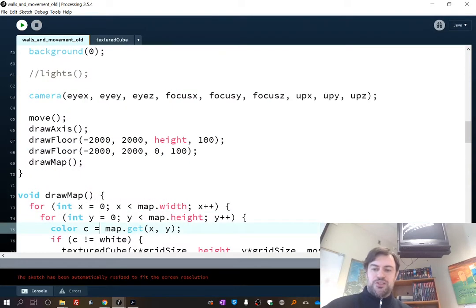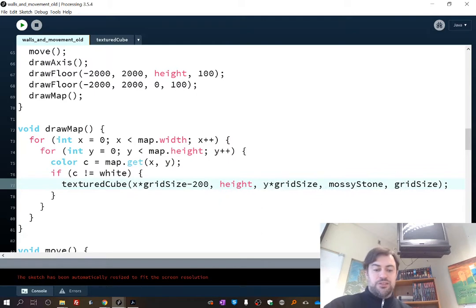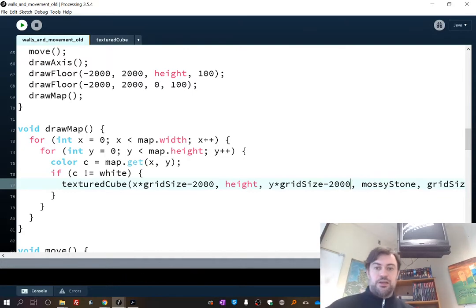I noticed my floor starts at minus 2,000, minus 2,000. So I'd like to shift my starting brick there. So what I can do is just subtract inside of my draw map function. Here's textured cube. I can just subtract 2,000 to make it start over there from both x and y. So watch what happens. I run this,